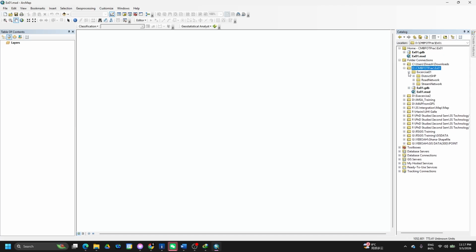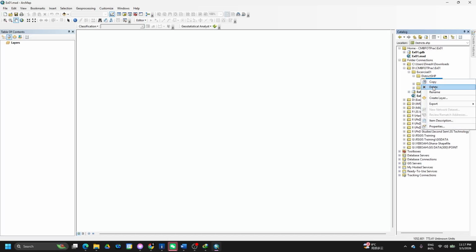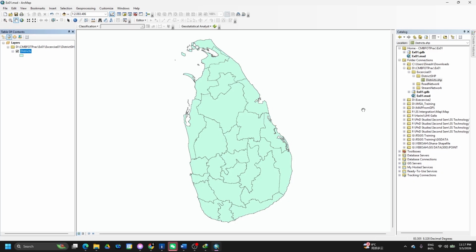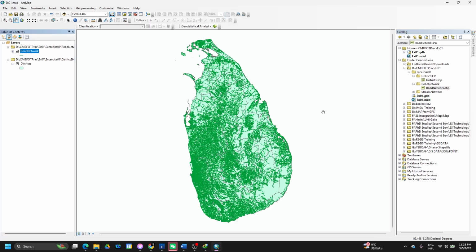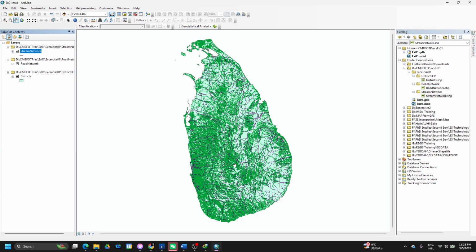Now you see my exercise 01 folder is over there with all the necessary files that I wanted for this exercise. So now I will load these files. First one will be the district shapefile because I need to have the district. So I will drag and drop this one into my map window. So now I do have the map, and then I need the road network shapefile. So I will drag and drop it over there. Now I do have the road network file, and then I will drag and drop my stream network file